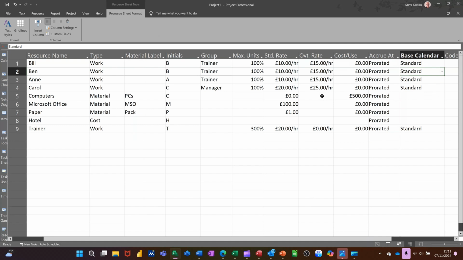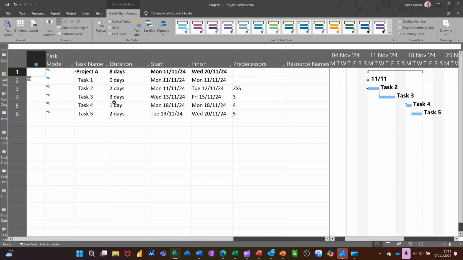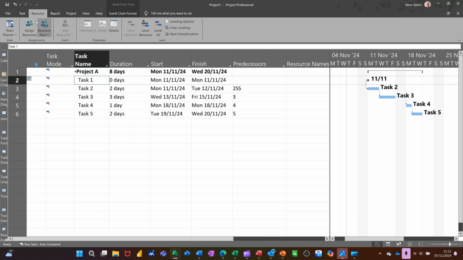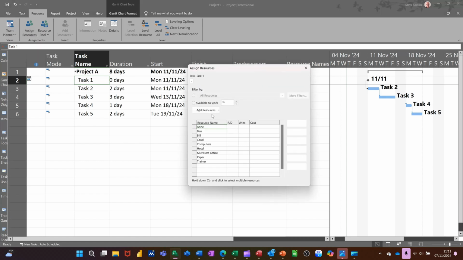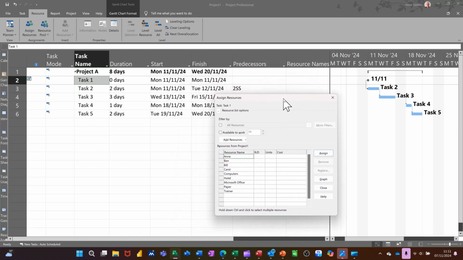Now what I need to do is go and allocate people to tasks. So I'm coming back to the Gantt chart, and then I'm clicking on, let's say, task 1, and I go to resource and assign resources. This is the way I always do it. It's the best way, I think. This box floats, so you can see a list and you can see a task. This still stays there, it's grayed out a little bit, and I can click back into here, and then this bit becomes active. So on task 1, I want to assign Anne, the manager. So I assign Anne, and then